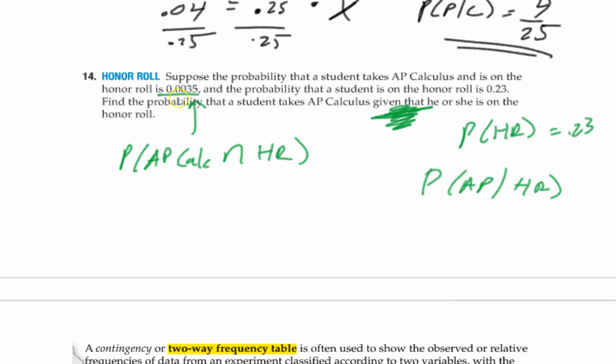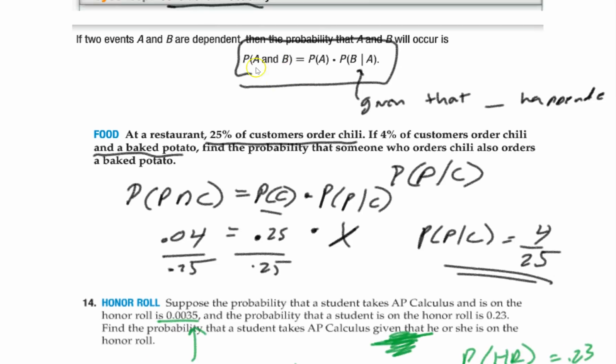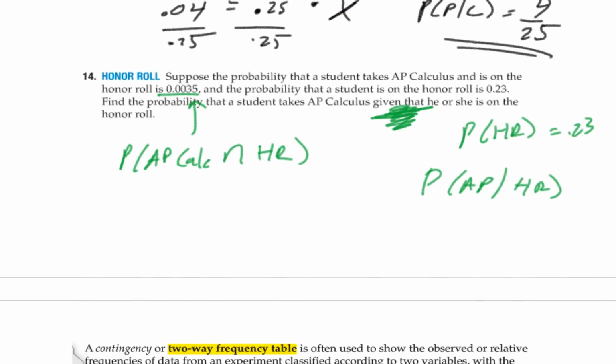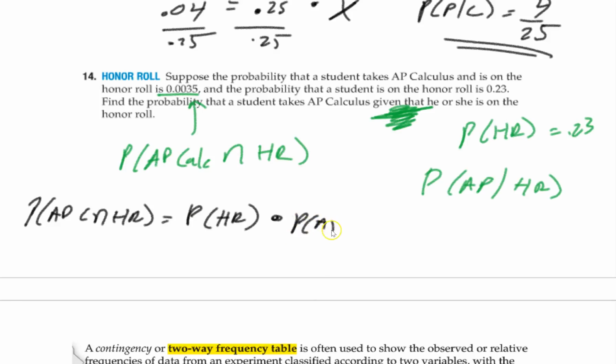So let's use the formula. Again, it's right up here. I will give it to you so you know how to use it. It's the intersection equals the given that times the probability of what you're looking for. So just using the formula, it's going to be probability AP Calc intersection honor roll equals probability of honor roll, because we're looking for probability AP Calc given honor roll. Whatever this one is, it's the one that's by itself. And then again, it's all given to us. This right here is that extremely low number of 0.0035 equals probability honor roll, which is 0.23, times what we're looking for. So you divide, and you get x equals